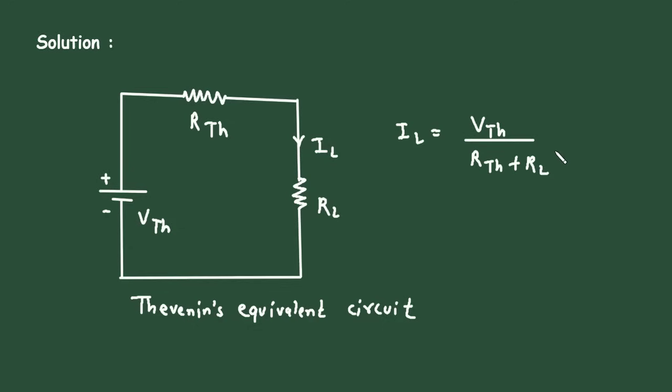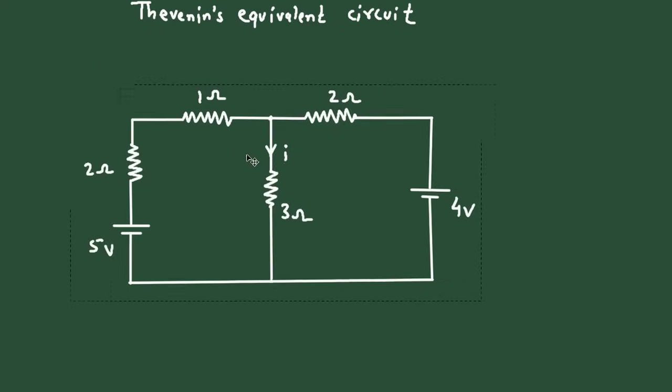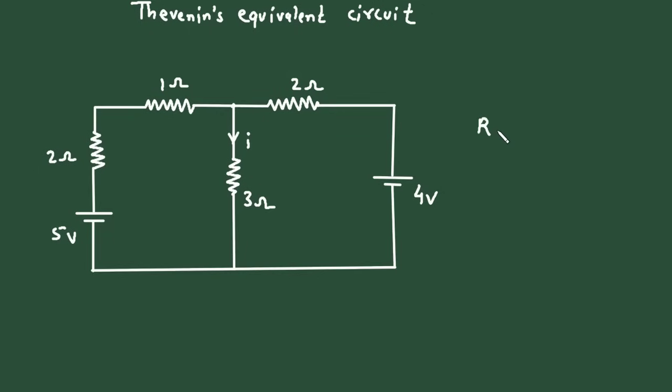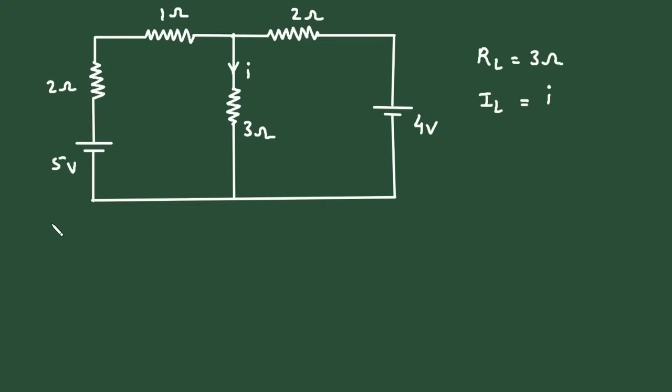plus RL. Now here we can see the value of RL is 3 ohm. So here we can write RL is equal to 3 ohm, and the value of IL is current I, small current I. Now we need to find the value of VTH and RTH. So let's find the value of RTH. To find RTH, first we have to remove RL and turn off